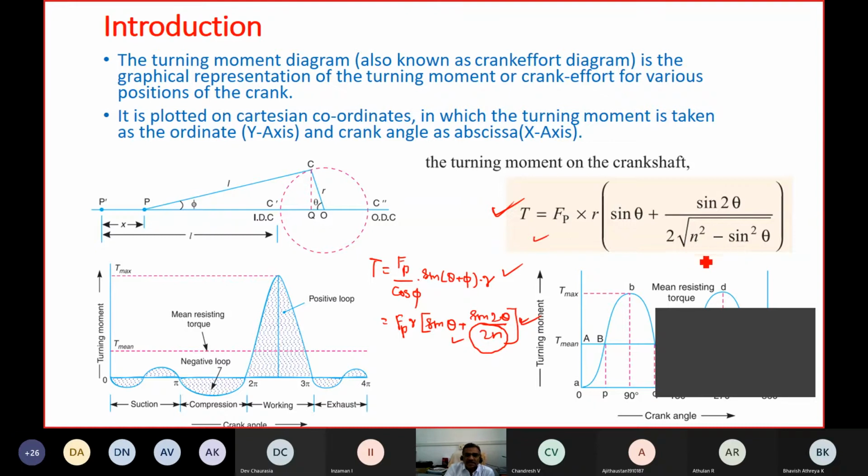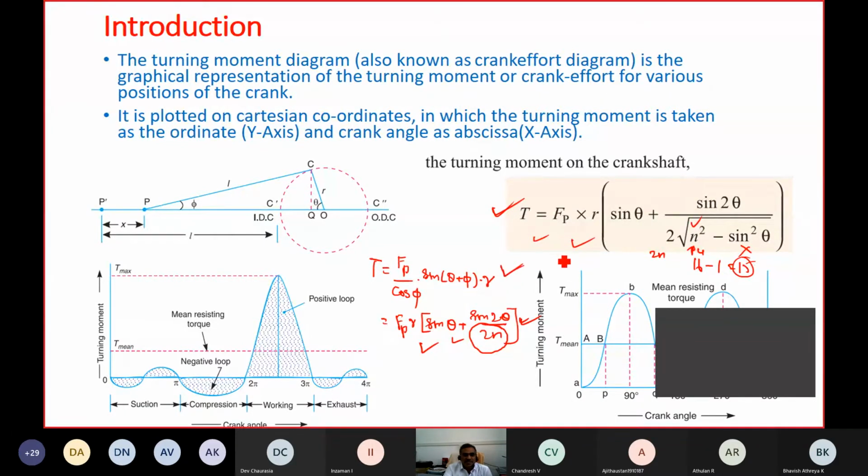Here it is different. In this equation, generally what is the value of n? n will be approximately 4. So 4 squared is 16, minus sin squared theta. The sine value is maximum 1; sometimes it is 0.75 or 0.5. Even if you take 1, 16 minus 1 is 15, so compared to this one, this is very small. If you neglect this, and take the n squared outside, you will get 2n. So this is the simplified form of this equation, right?